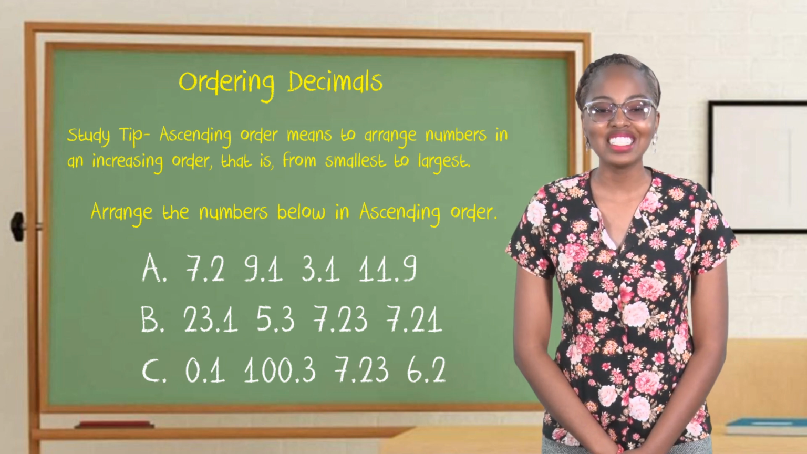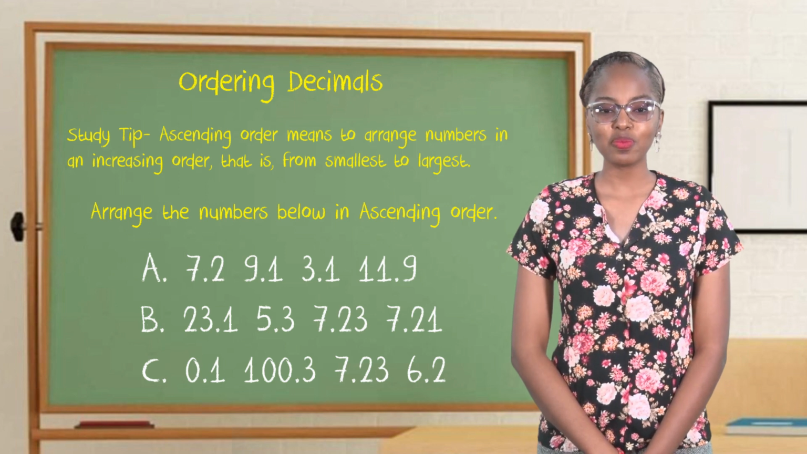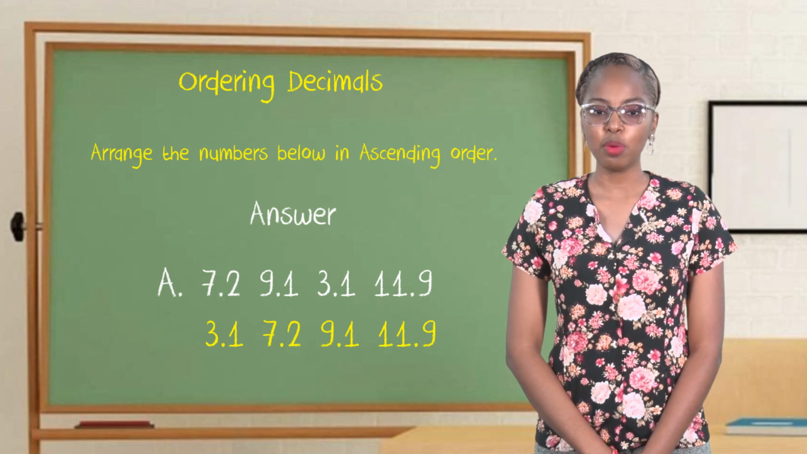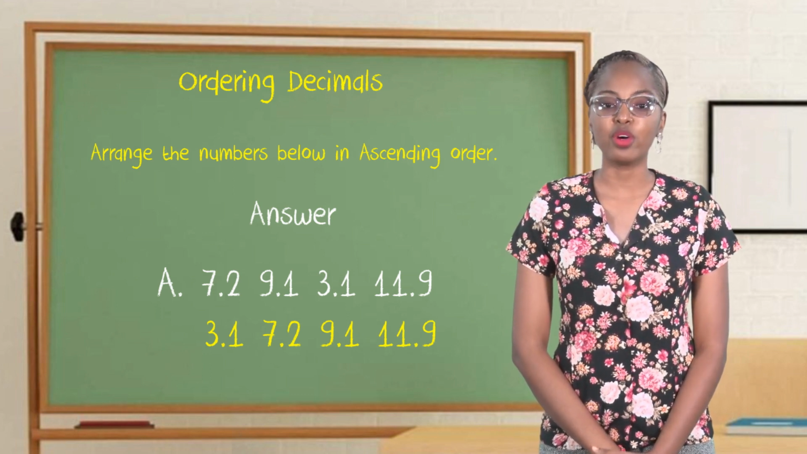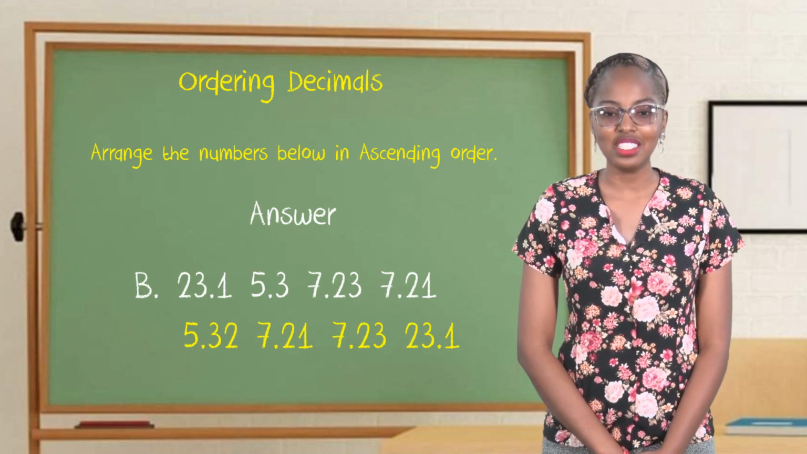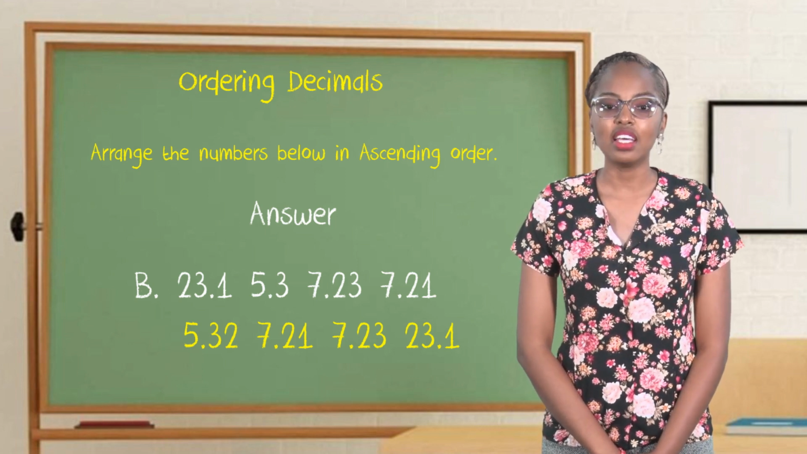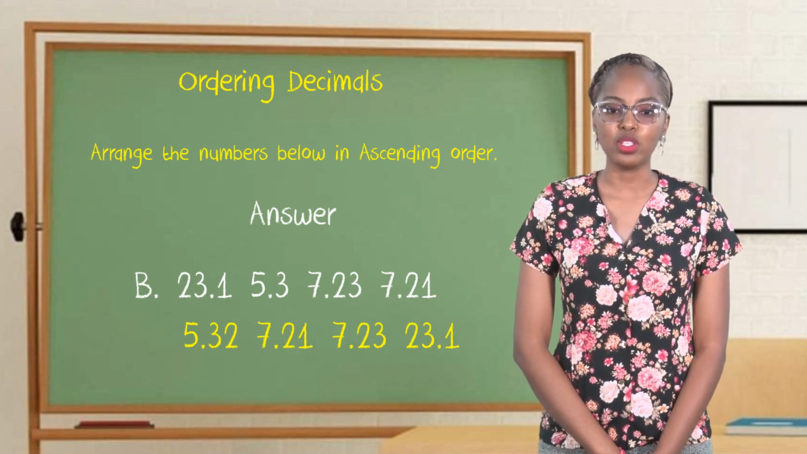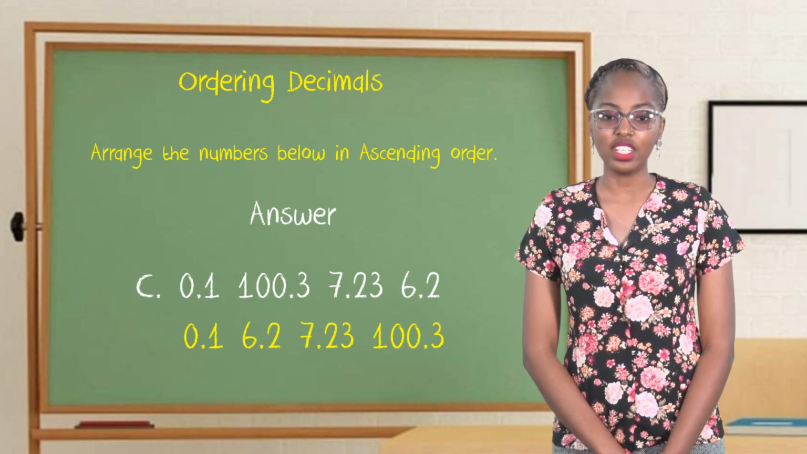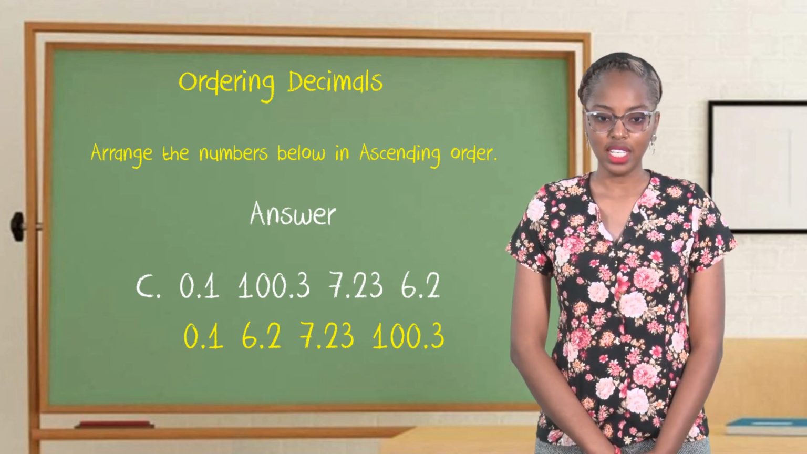Did you get all correct? Here are the answers. For the first activity, the correct order is 3.1, 7.2, 9.1, followed by 11.9. For the second activity, the correct order would be 5.3, 7.21, 7.23, and 23.1. While for the last activity, the correct order would be 0.1, 6.2,